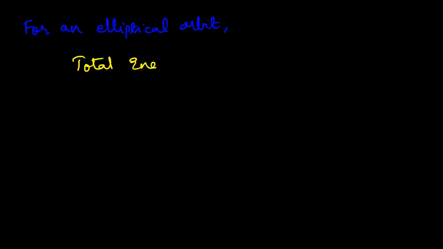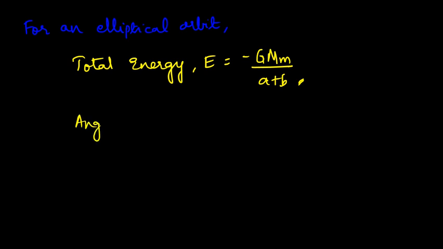So for an elliptical orbit, if you want to find the total energy, it is given as E is equal to GMm by a plus b, and the angular momentum is given